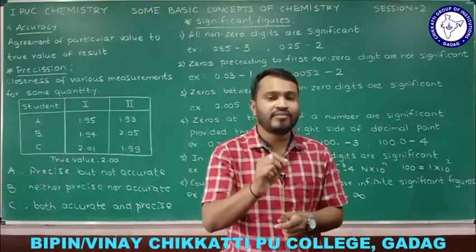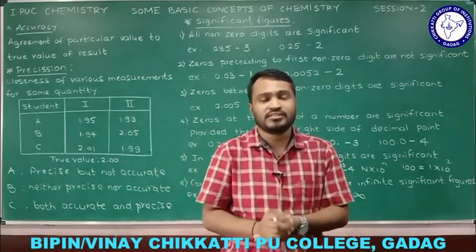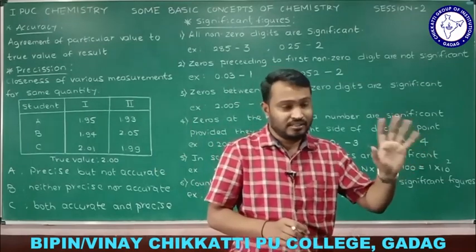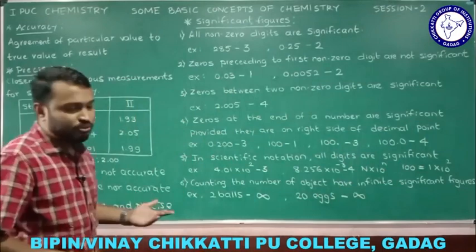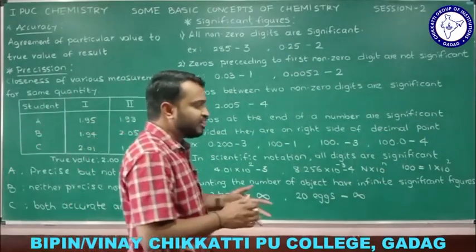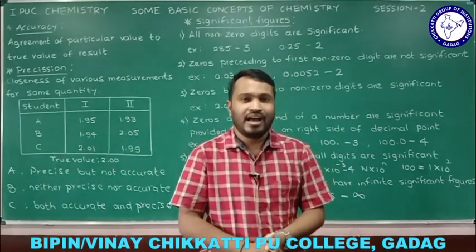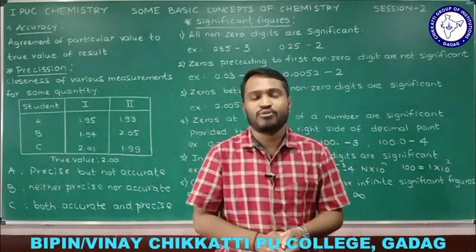If you don't have a decimal point, even though the zeros are on the right side, they are not significant. In scientific notation, all the digits are significant. And the last one is, if you are counting the number of objects, the number of significant figures is infinity, right? And you need to solve some other problems so that you become perfect in the calculation of